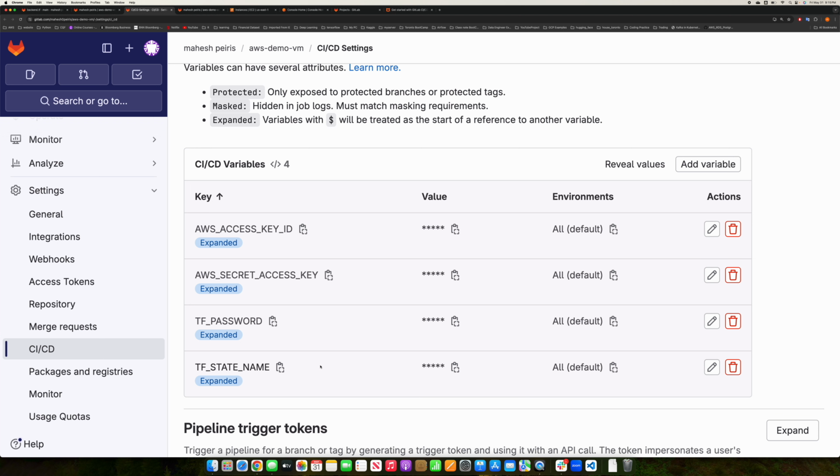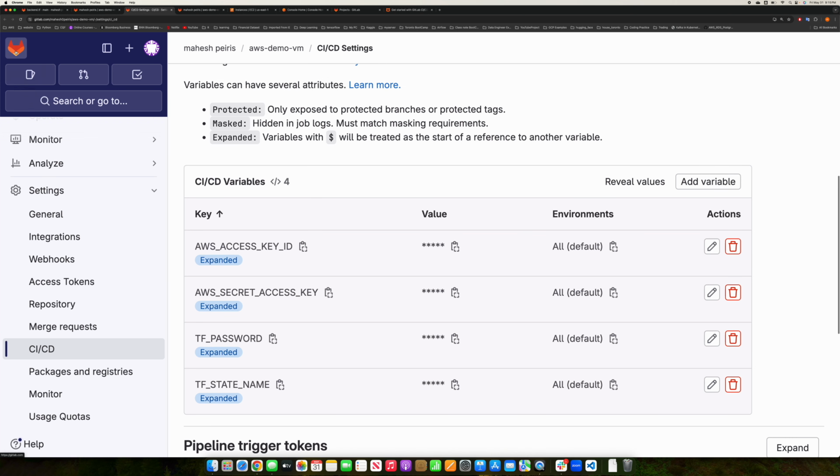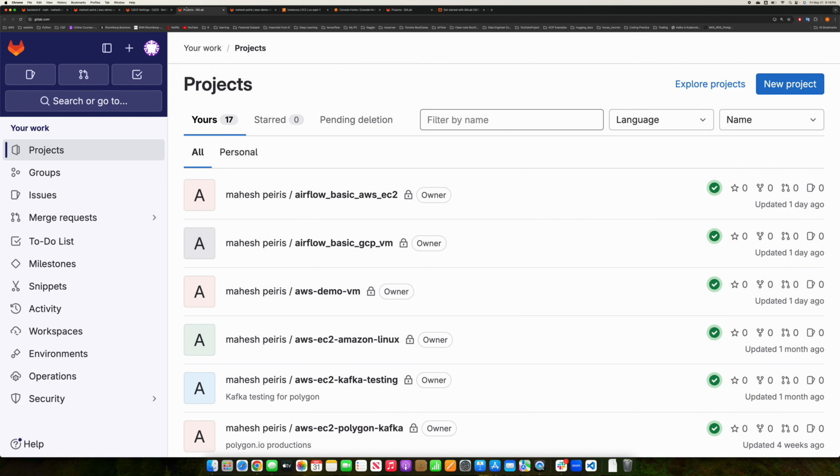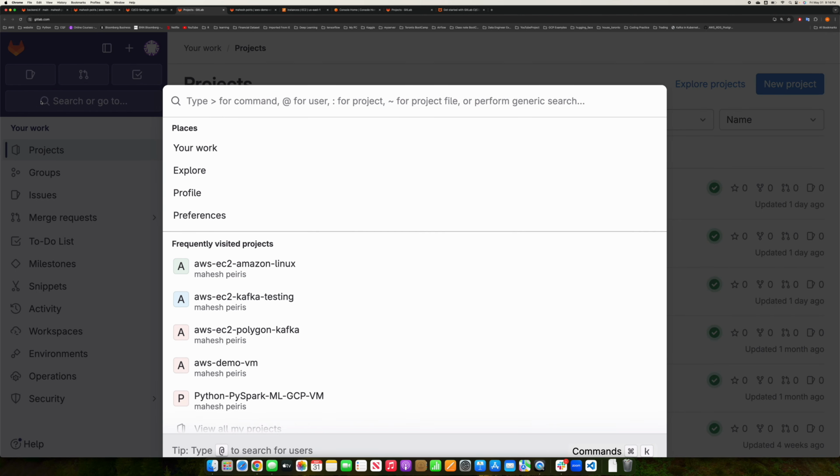So let's see how you can create this TF password. This is actually the access token. You can create your access token in two ways. One is from the home page, going to the settings, and you can create it from there as well. But if you create it from here, from the settings section,